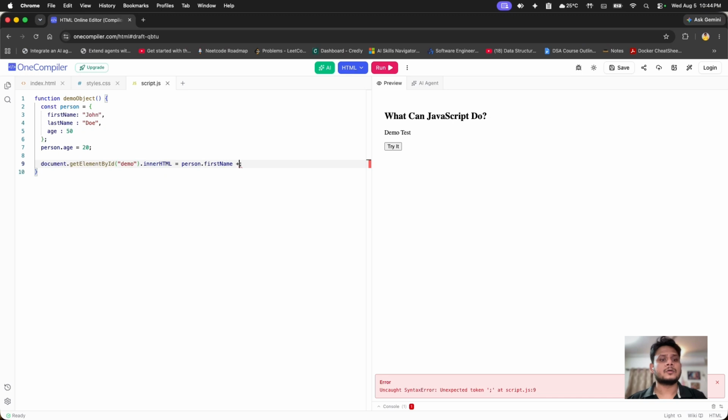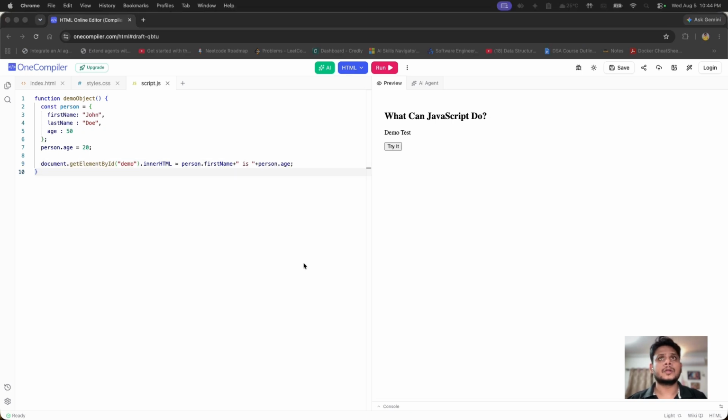Okay, so now what will be the output? So if I run it, we can see John is 20. Okay, so this is how we can change the